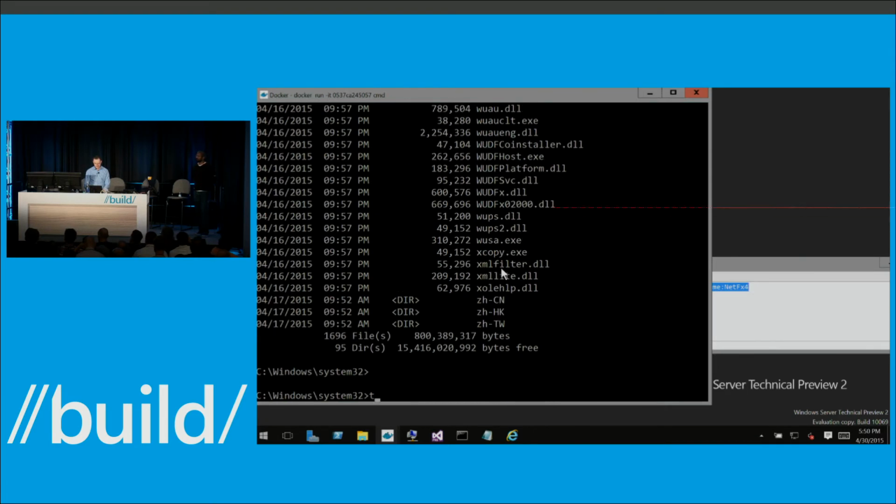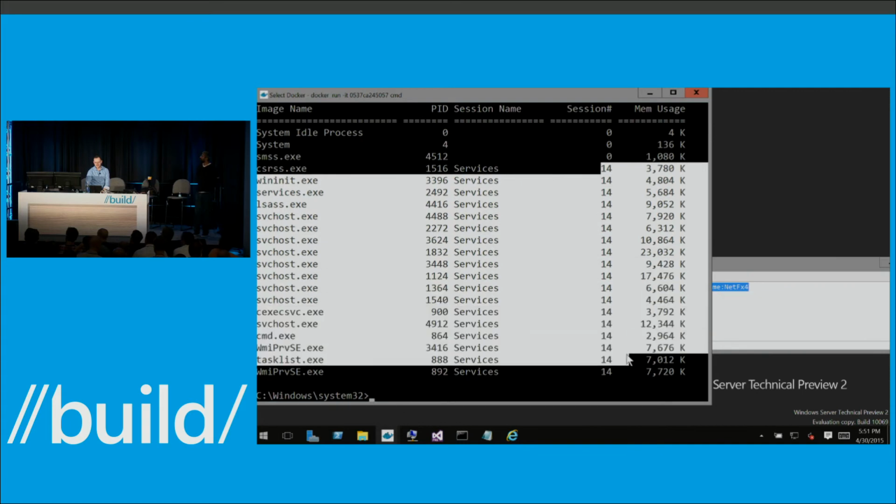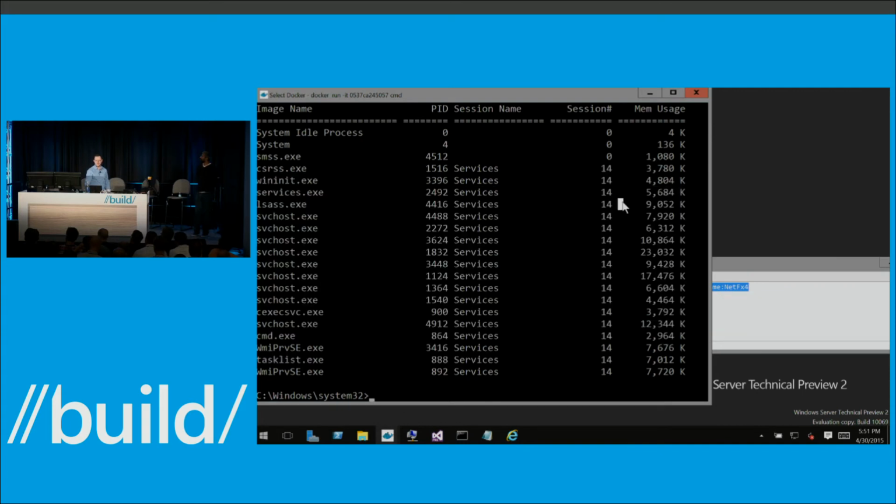Let's see, what else? I can do tasklist. These are all the tasks. This is actually a cool little fact. You see 14 over here. That's part of how we're doing the virtualization. We're giving each container instance its own session. So if I started up another container,